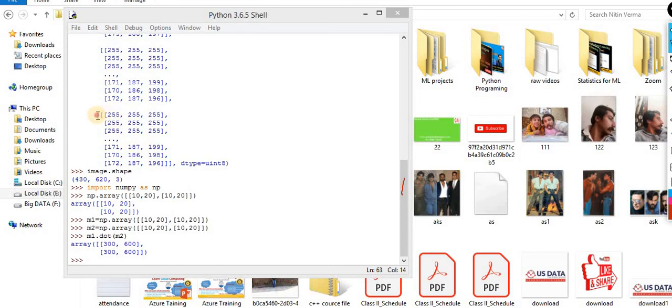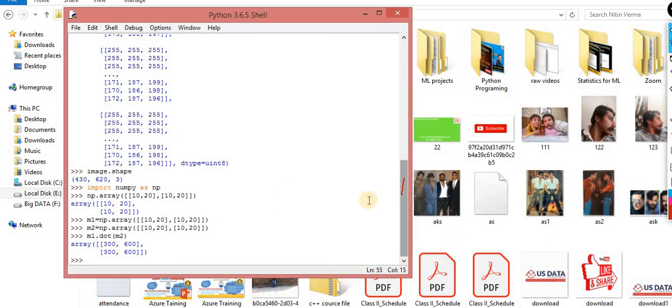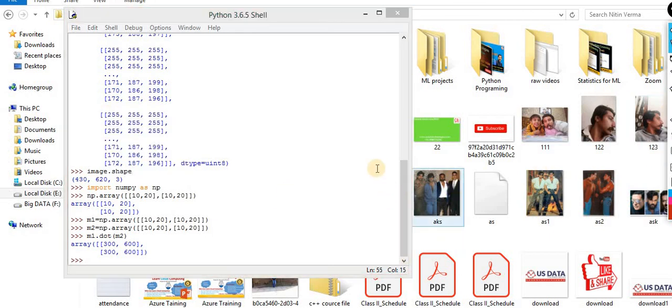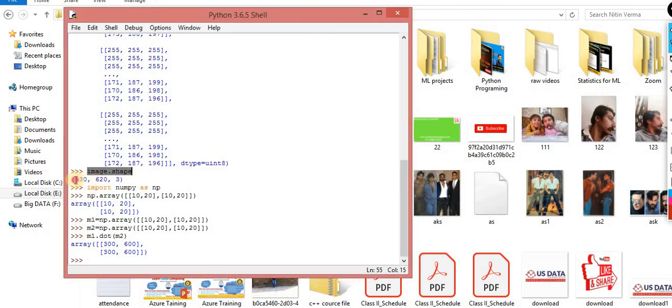Now the picture is clear, sir. What is this array? For the mathematical representation of images, you have to take the help of the array, and with the help of this shape, it's giving you 430 rows and 620 columns. So images as you show. You want to show the image. Now let's suppose you want to display this array into the exact format. What exactly is the data in this?